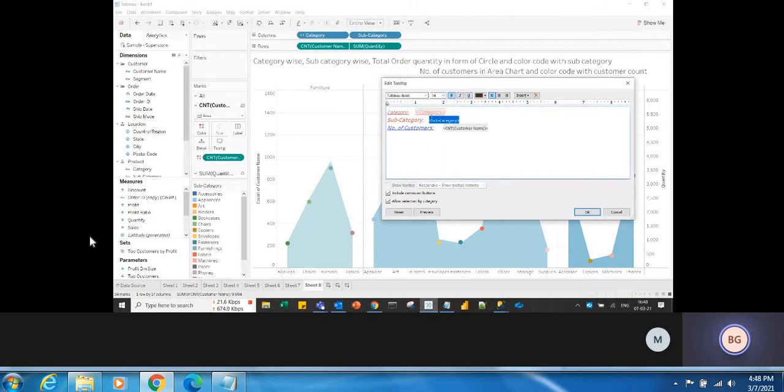Like if you see the preview now, see the category is furniture. Even furniture is also showing in the formatted way. And if you want to show the subcategory, show it however you want it. Okay, and just see it is showing accessories in whatever the given format, and even this also count of customers.